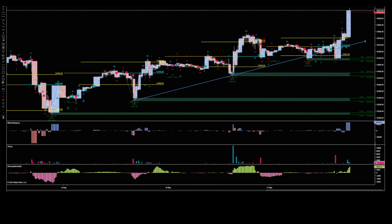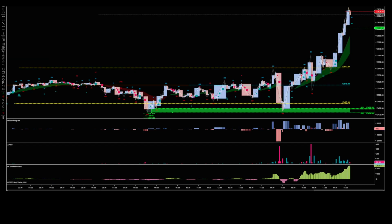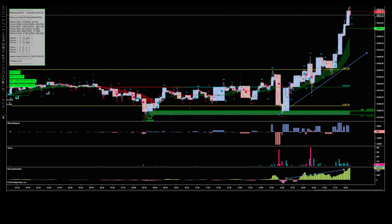I then marked out what I wanted to see. I had a look at this trend here and I thought, well, if we carry on up, it's holding this trend nicely. If we get some nice cumulative delta positive, and we look like we're going to break out the top, and we did. We tried to break out a couple of times. If I have a look at this one here,